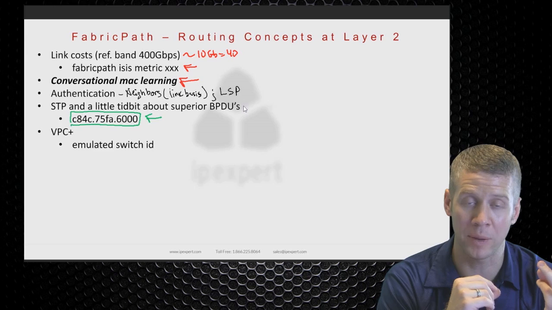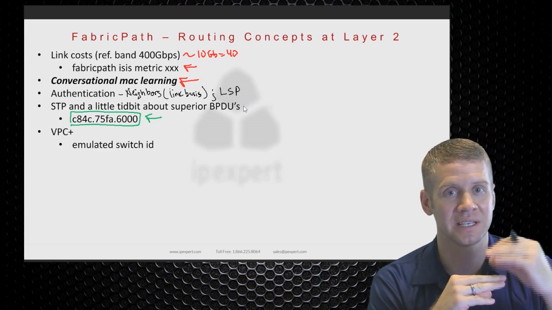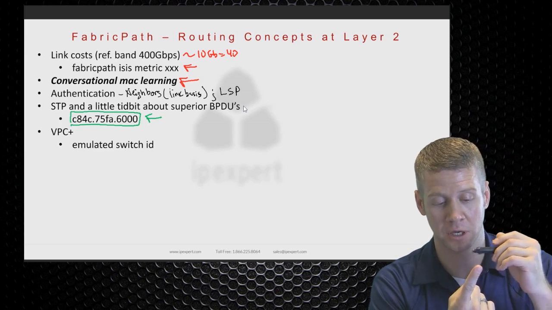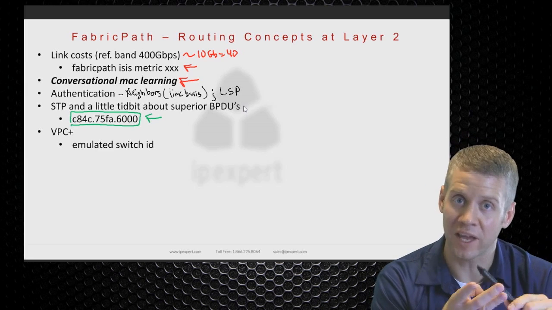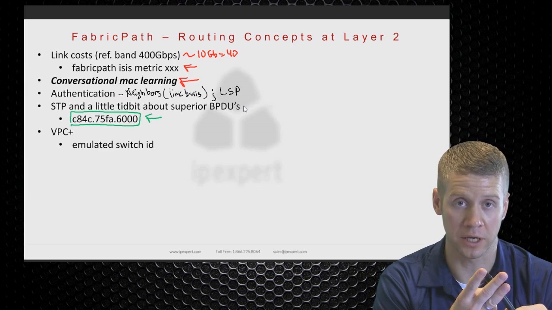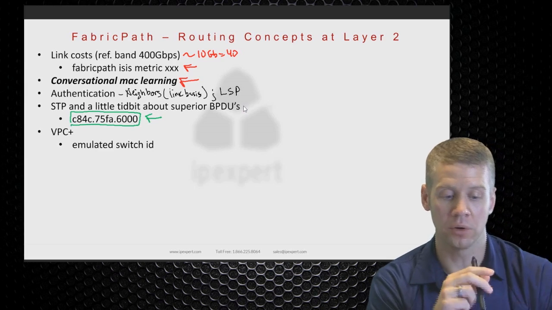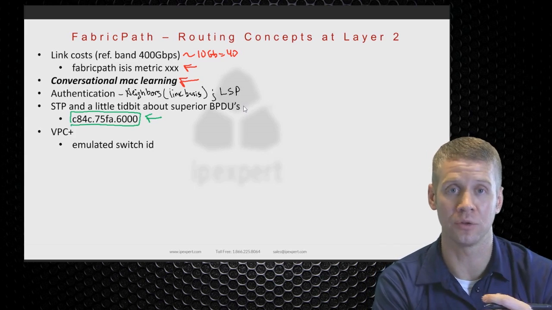It's 3 simple commands with the addition of a keychain. What you're going to see is the same 3 commands we use, which is authentication key, authentication check, and authentication type, are the same 3 commands we're going to use when we talk about overlay transport virtualization authentication later. Okay, so get used to the commands. They'll kind of flow off your tongue after that, but I will show you how to do the authentication in